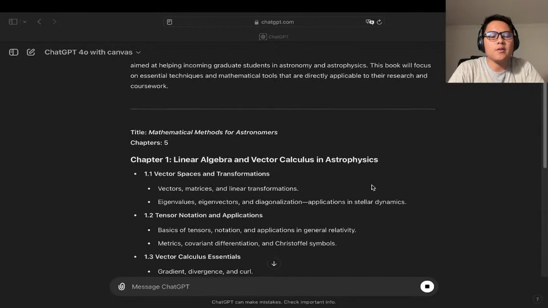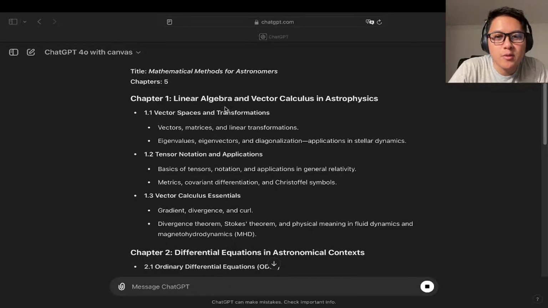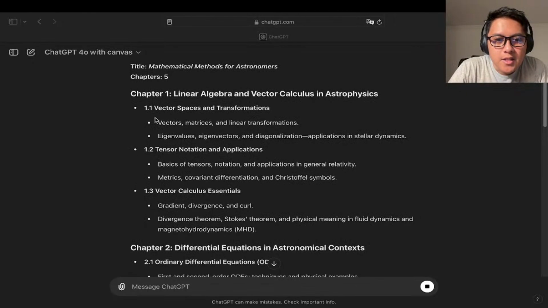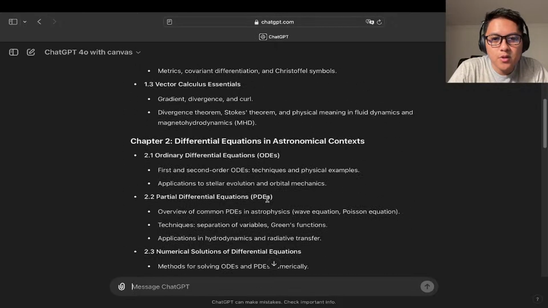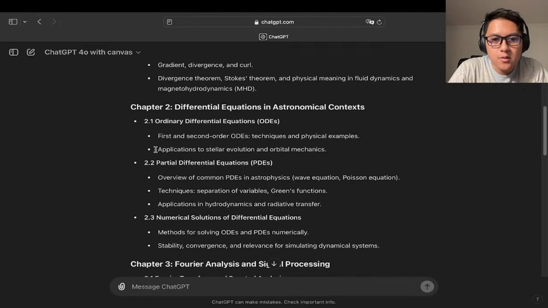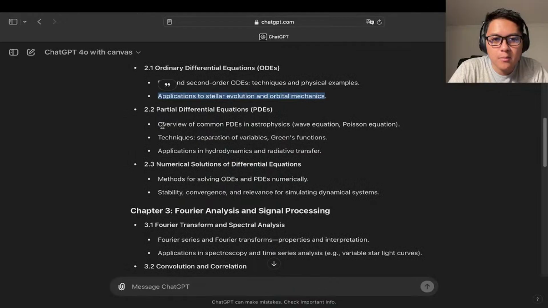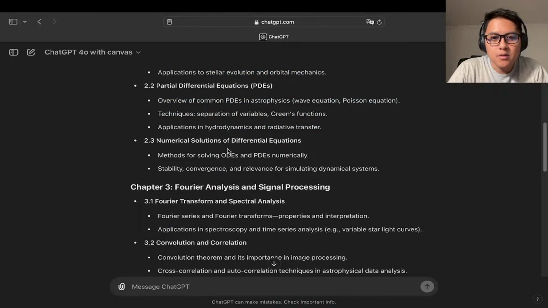Okay, here. Title, Mathematical Methods for Astronomers. Linear Algebra and Vector Calculus and Astrophysics. This is good. Yep, I would start with a vector calc review and linear algebra, 2 differential equations. Great. Ooh, stellar evolution, orbital mechanics. That's great. PDEs, Poisson equation, wave equation. That's great. Numerical solution of